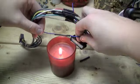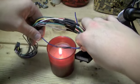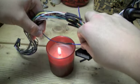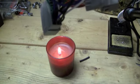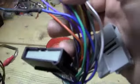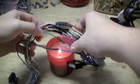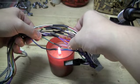Unfortunately, I do not have good camera equipment. This camera's not half bad, but... And don't worry about melting your solder. I'd worry more about actually melting your wires. You want to try not to get too much heat on the actual wires. I'm talking about the plastic insulation, not the actual shrink wrap. So